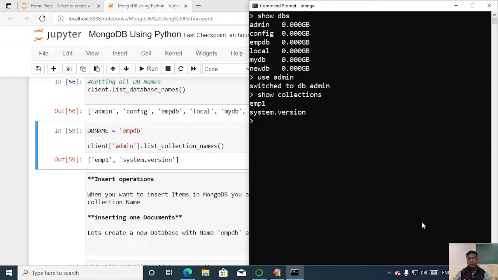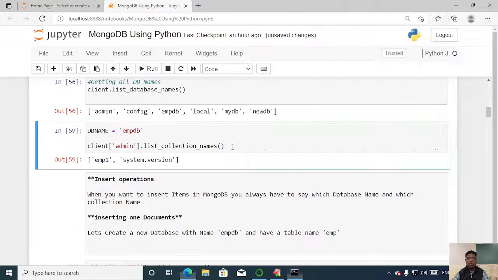It is not necessary that this command prompt or Mongo environment should always be kept on. I have kept this Mongo shell open for you only to verify whether whatever we are doing through this client is reflecting properly or not, just for verification. Again, I use the variable db_name, or directly we can provide the database name in single quotes. So let's check emp.